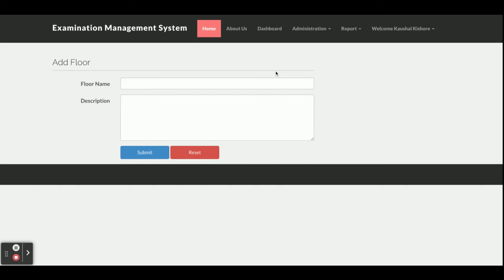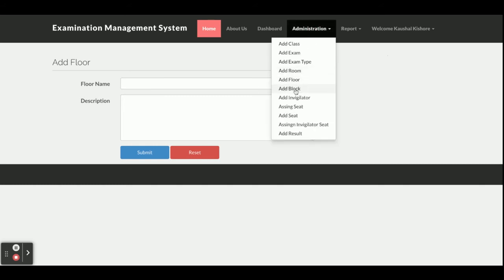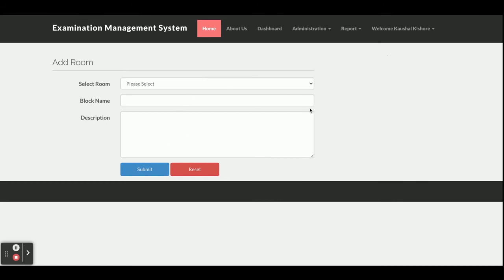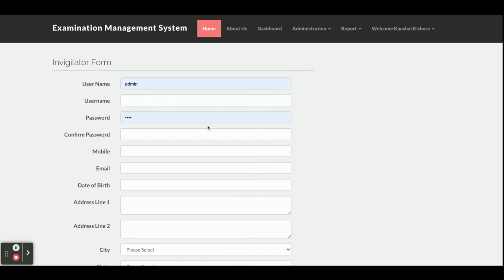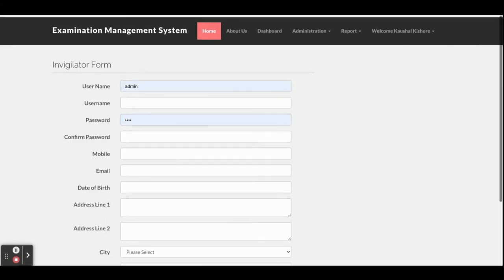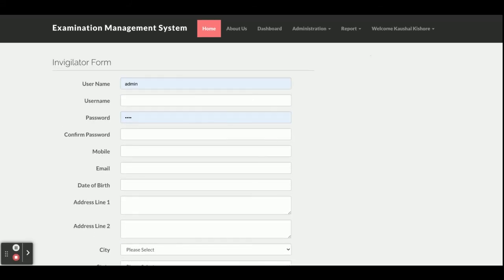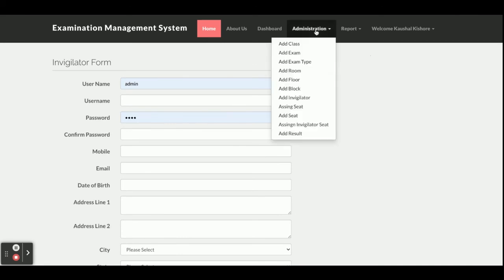This is for the sitting arrangement and the teacher room allocation, right? This is add blocks. Here the teacher can add the blocks, and after that add invigilators. From here, the teacher, sorry, admin will be able to add the invigilator, right? And he can assign that invigilator to a room.